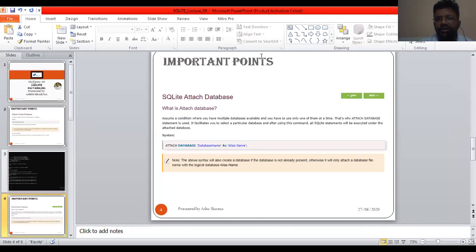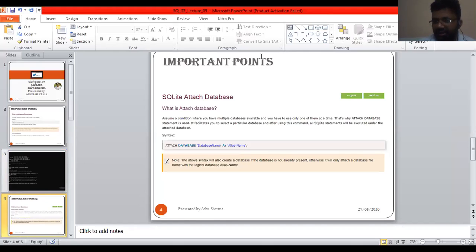SQLite attached database, with the help of an alias name. Why and what is an attached database? Suppose we have a condition where multiple databases are available, and we have to use only one of them at a time. That is why the attach database statement is used, and it facilitates you to select a particular database.